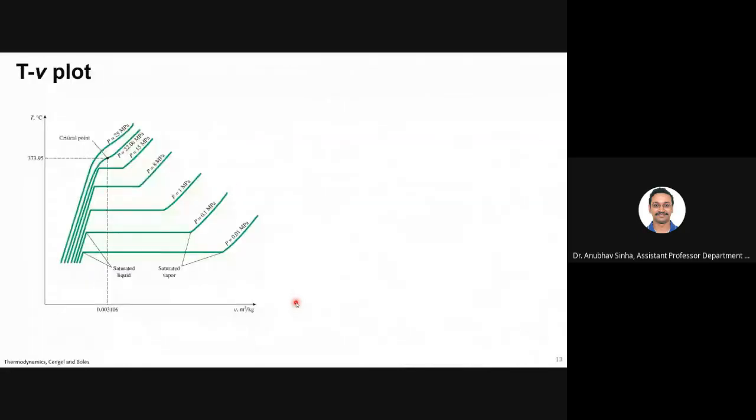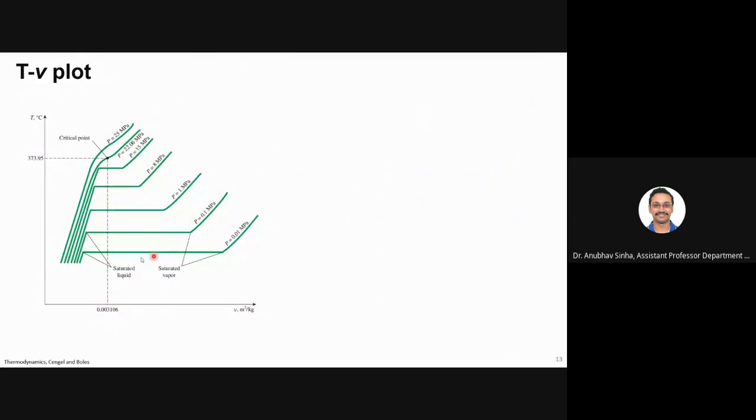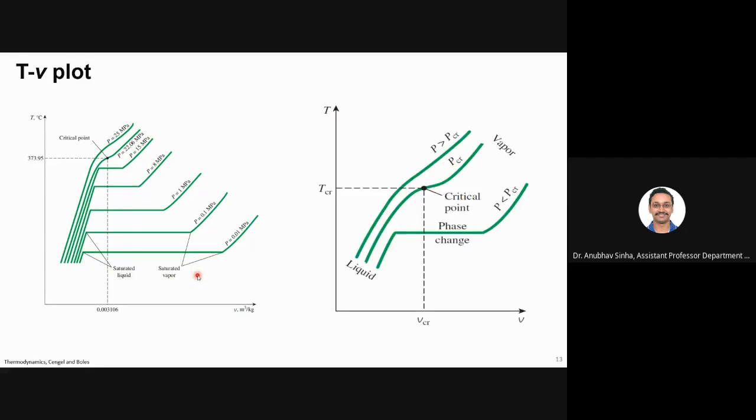So, as I said, this is called an isobar. If I take isobars at different pressures and draw them, this is how it will look. Just now we looked at a pressure of 0.1 megapascal, which is atmospheric pressure. Similarly, if I keep on plotting for different pressures, this is how it will look. Okay. So let me define: from the left hand side, we have liquid. Then the right hand side will have vapor. And what you will see in the next slide is that we can draw a dome shape over it.